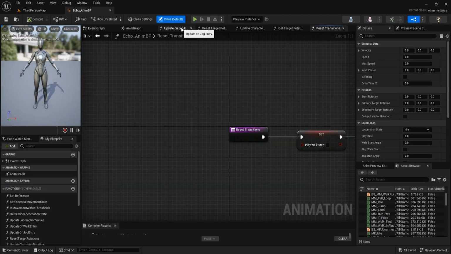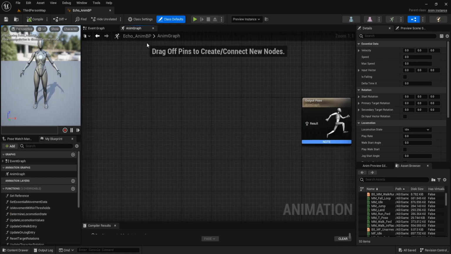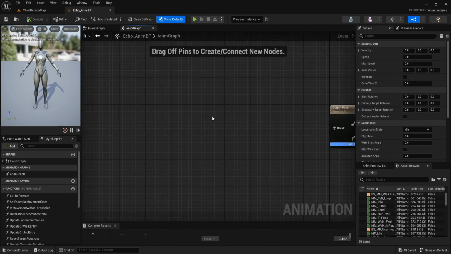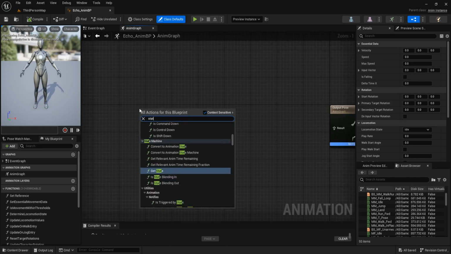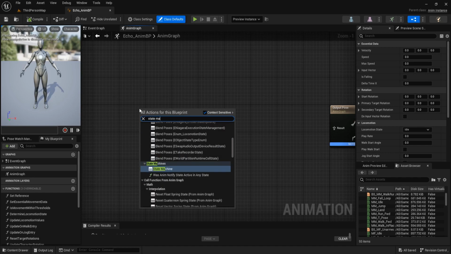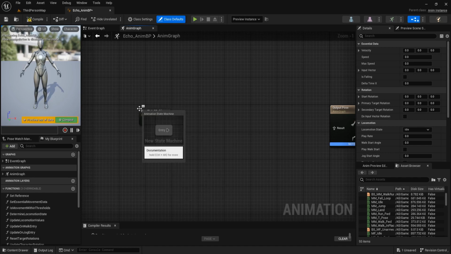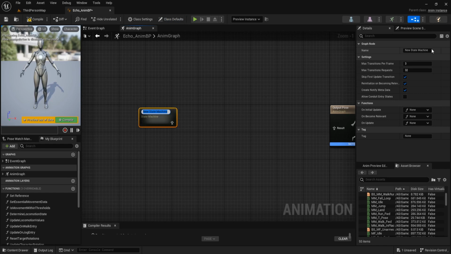Close all these functions and go to anim graph. Create a state machine. Name it locomotion.